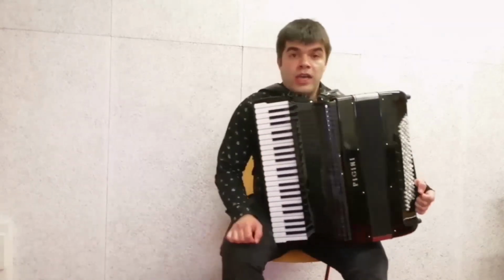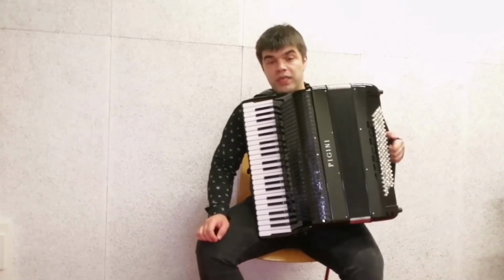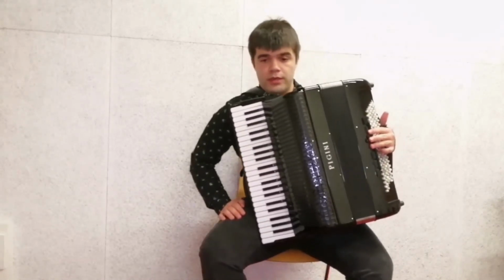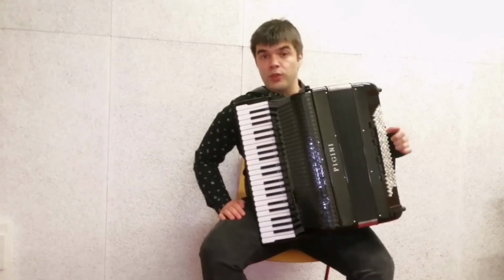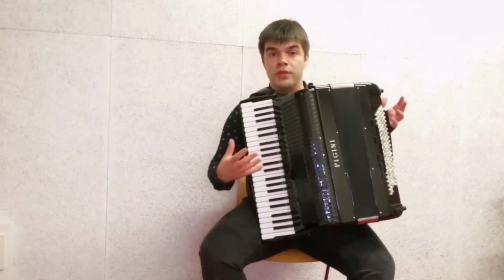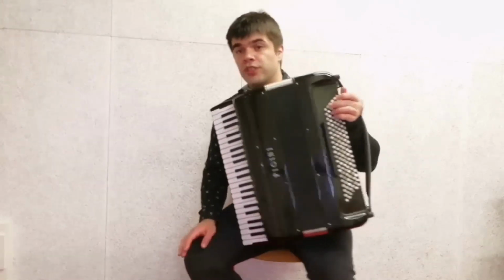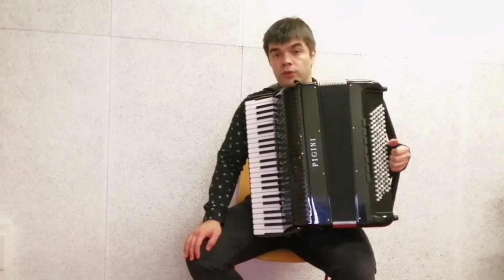There are all sorts of diagrams, which you can also find on my Patreon page for the left hand, so that you can see a little bit how it works. And what's important to know, it's not something that will concern you when you are writing something, because you are thinking in terms of pitches and in terms of sound material, but it's good to remember visually that there are three main systems for the accordion,